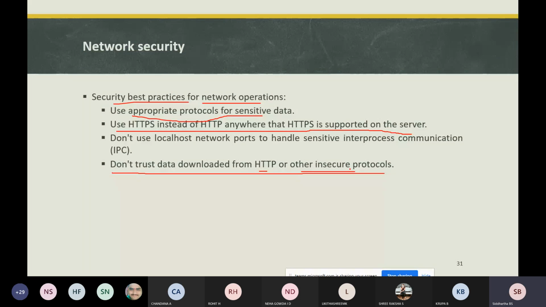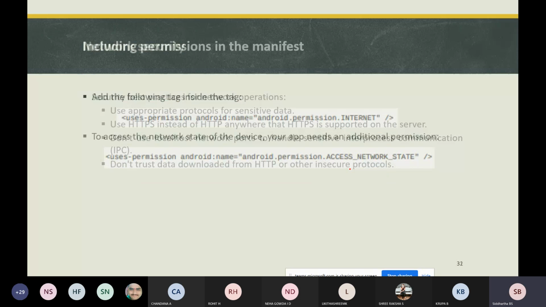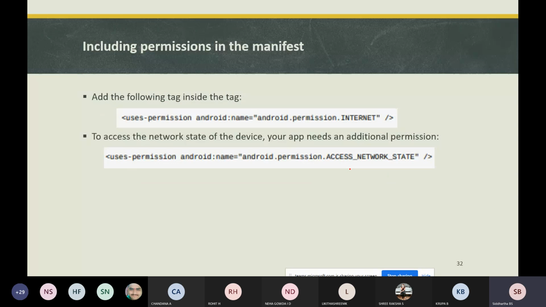The next step is how to give the permission, how to include the permission to have connectivity. You need to include the permission in your manifest file, the AndroidManifest.xml file.